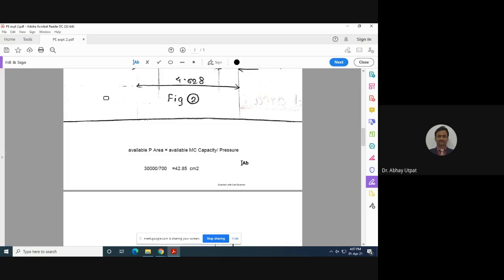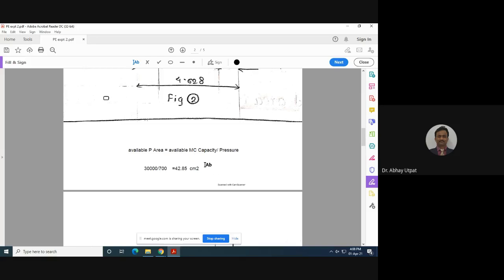Yes. So this 42.85 centimeter square area is available for two holes, including the gating system. Let us divide it by 2 and make calculations for one hole. It will be 21.42 something. Very simple thing. 42.85 is available for two cavities, then for one cavity, it will be 21.425. See the logic now.